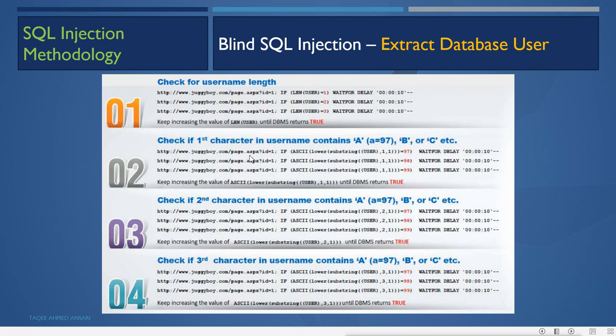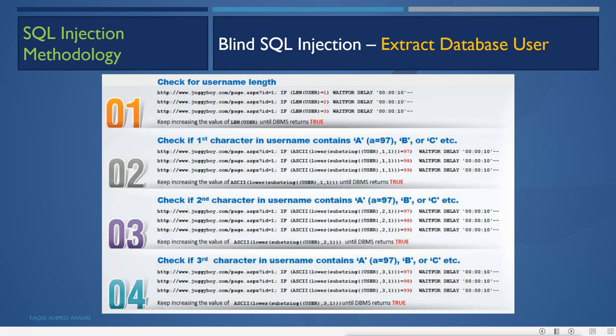For that it will use this query here, and it will go for the ASCII characters, substring user 1 1 is equal to 97, 98 or 99. This 97, 98 or 99 is the Unicode value of the characters A, B and C. And also it is adding WAITFOR DELAY here. WAITFOR DELAY is used because it is a blind SQL injection, because the attacker is not able to see the error. It is not able to see the error, but it will use this WAITFOR DELAY option, WAITFOR DELAY 10 seconds.